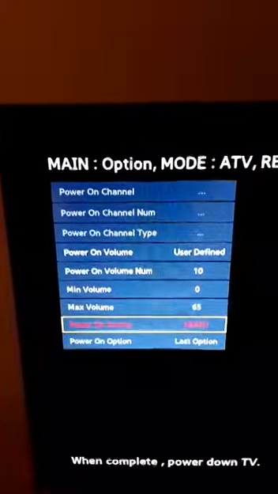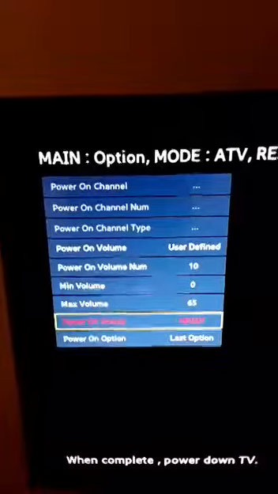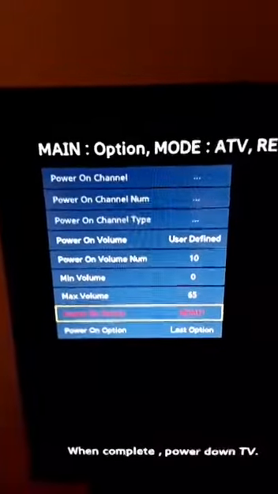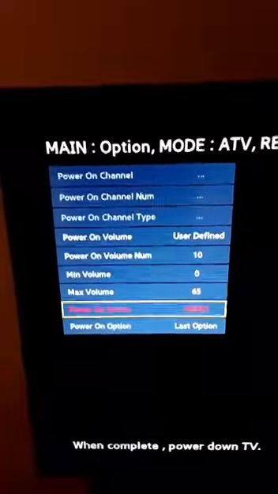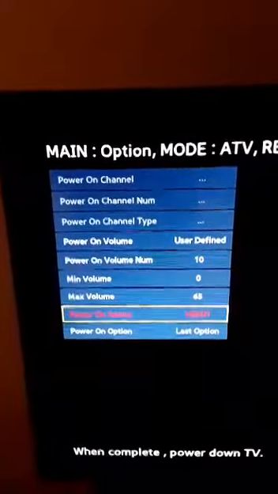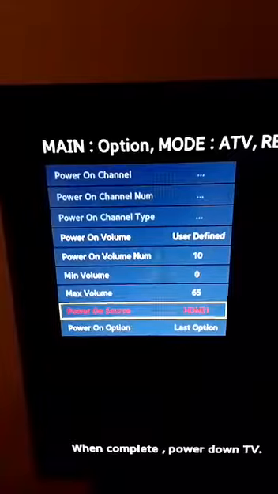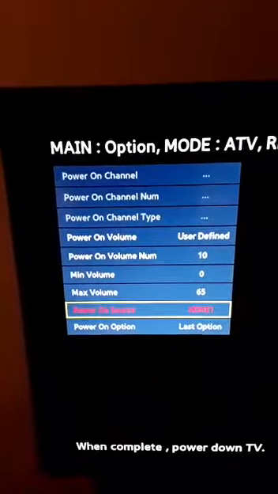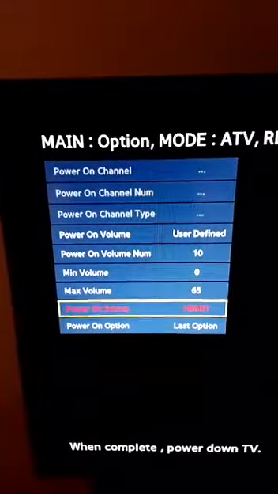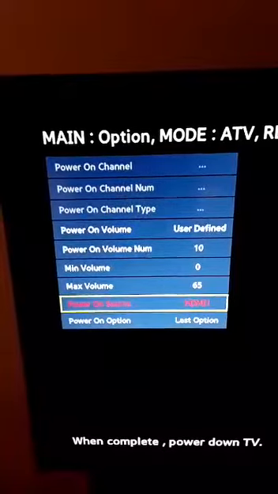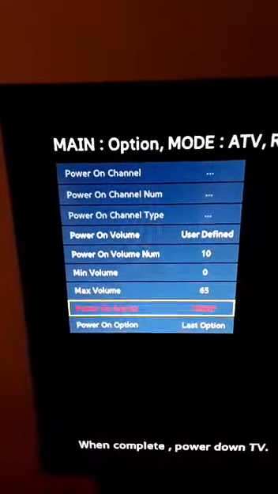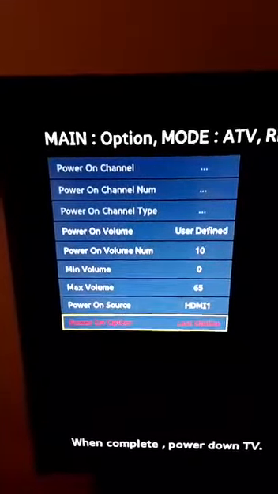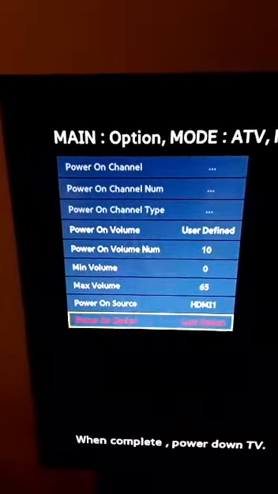Power source, that's the source where, when you hit the power button on the remote, whichever output you want, whether it's HDMI 1 or 2. I know some TVs, like this one, have HDMI 1 as the ARC HDMI, and then the other one's a DVI. I prefer ARC, it's better, it's more compatible, but if your TV has no differential, then it wouldn't matter. Then the last power on option, I mean, that's what that is. I don't know why it even includes it unless you want to do some finagling on it. When everything is